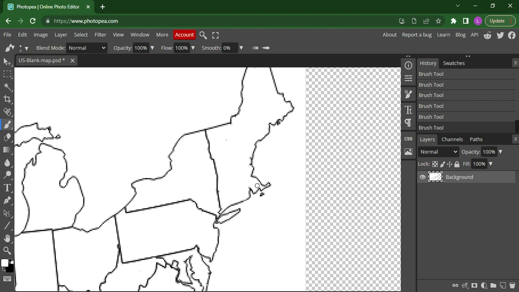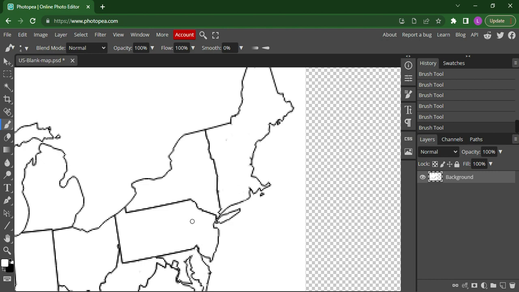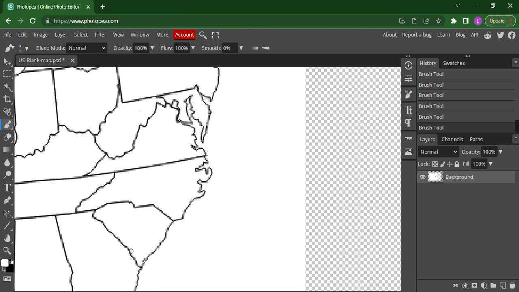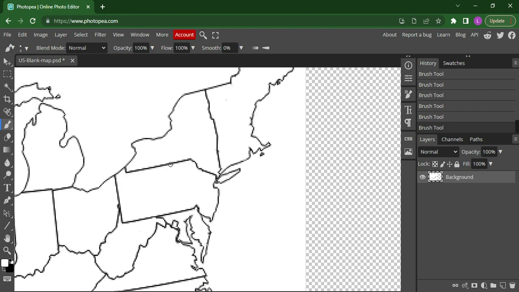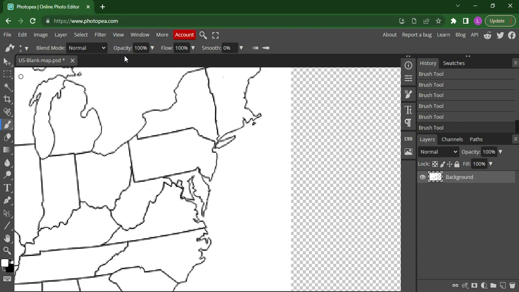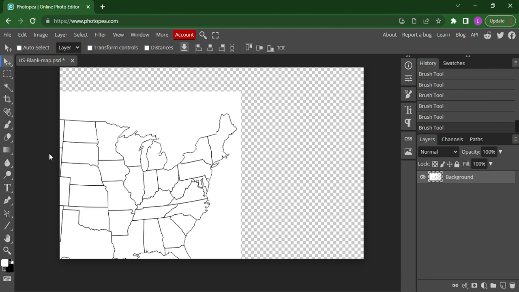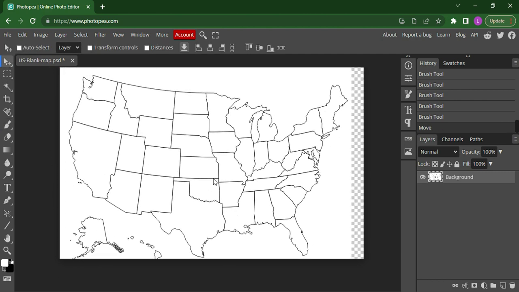Now we don't have to worry about the smallest state, because the only smallest is this, but it's not a state. It's the District of Columbia, the federal district. It's the U.S. capital. So now we don't have to worry about the smallest state, because the smallest state would probably be like South Carolina, or like Delaware. So it will still be pretty big. So now we're going to zoom out, and we're going to go ahead and change the